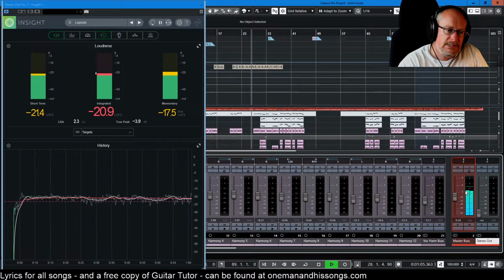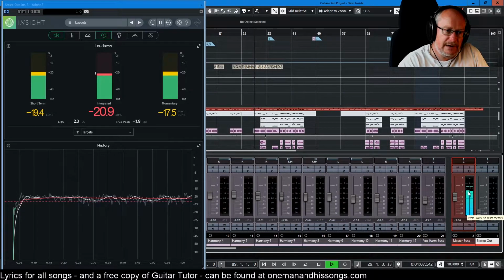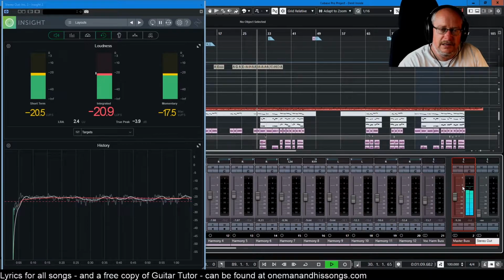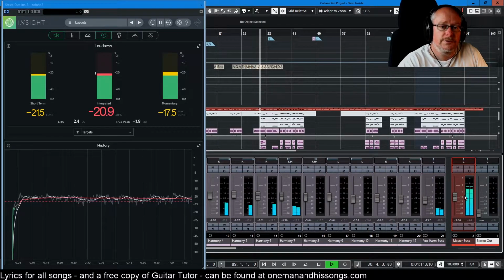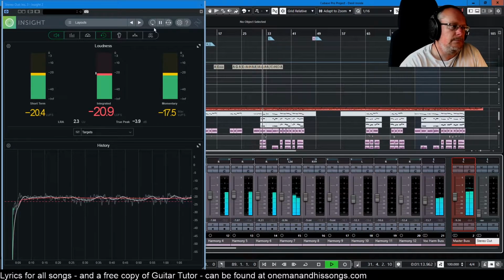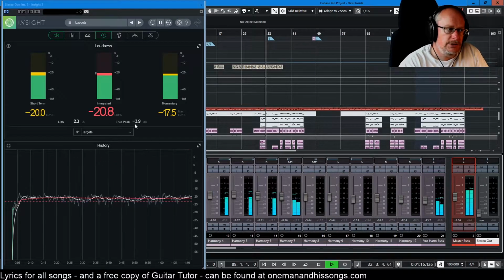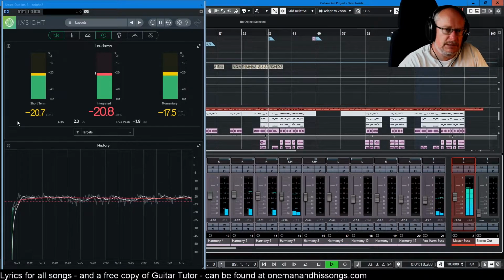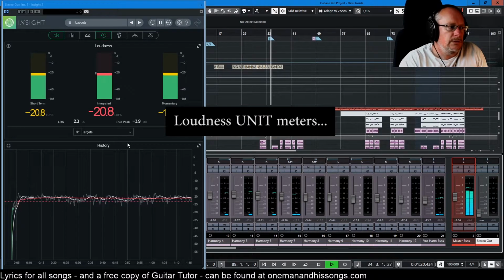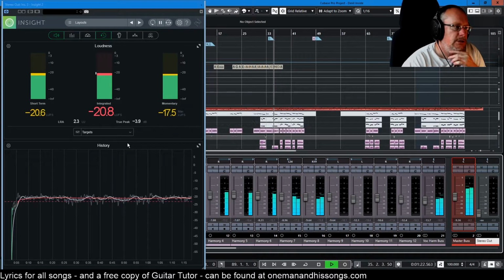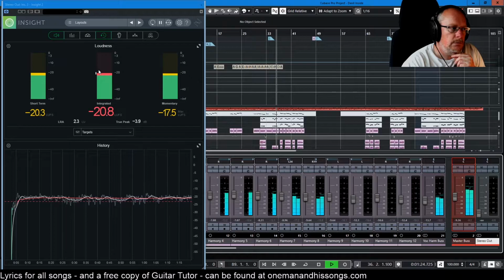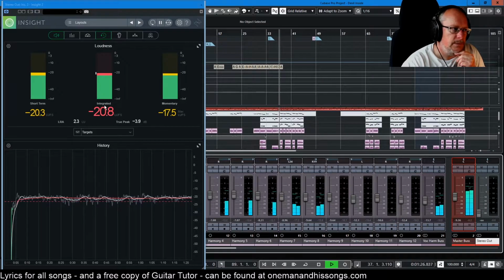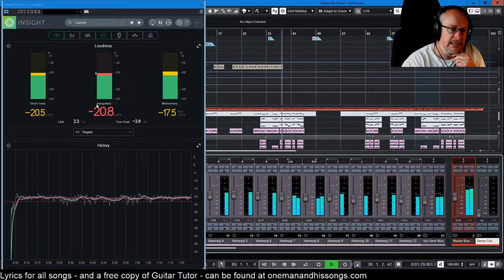But the meters themselves are spinning away in the background in real time, giving us a representation of the loudness of the signal. These things over here aren't. These are loudness meters. So let's deal with each one of them in turn. The most important one is in the middle. We'll start with this one. The Loudness Units Integrated Scale